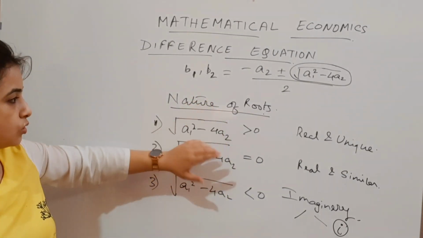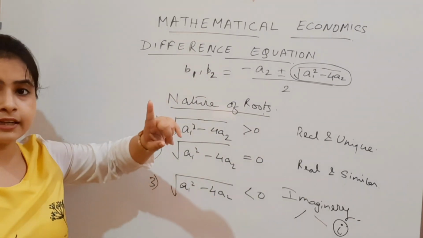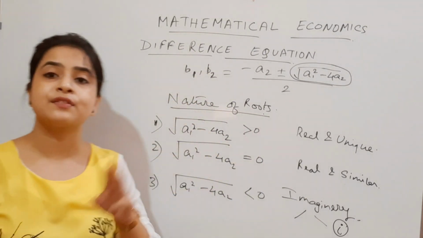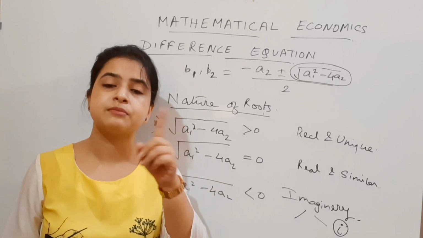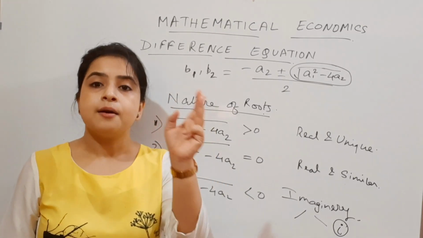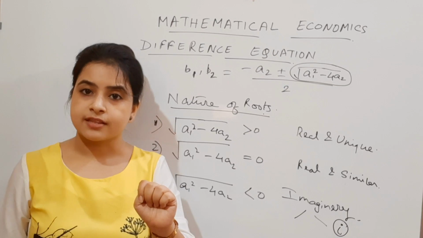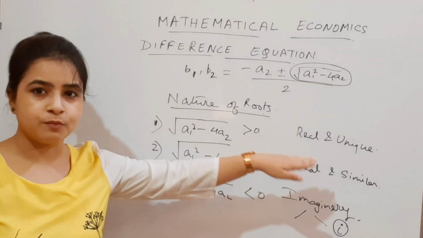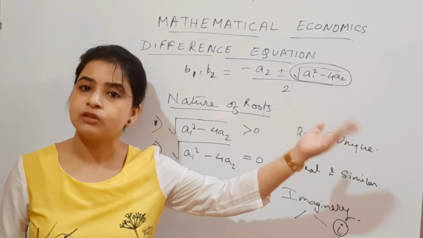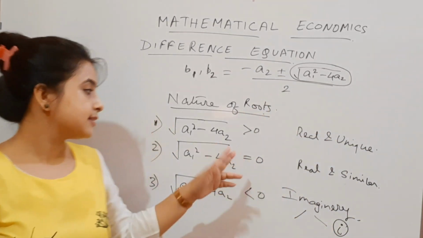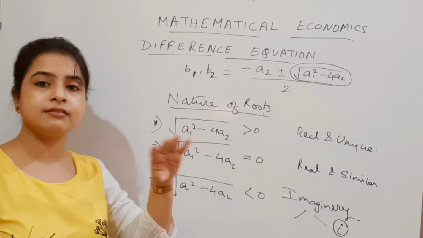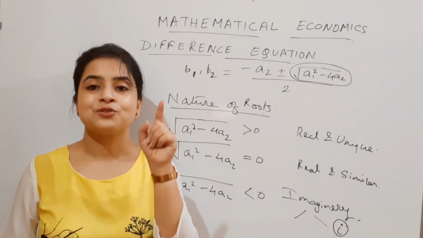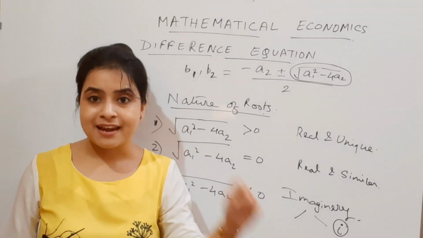Alright, so these two, okay. Another thing that you have to remember: for all the three cases, there are three different general solutions. That means three different complementary functions. So you have to remember that, and you simply put the values of B1 and B2 there, and you have your final solution. But for this imaginary part, there is a bit of a twist which I am going to make easier for you. So stay tuned until the end of this session.